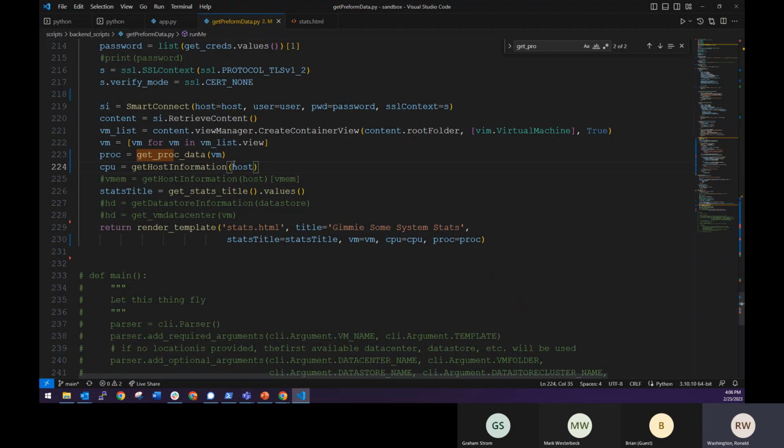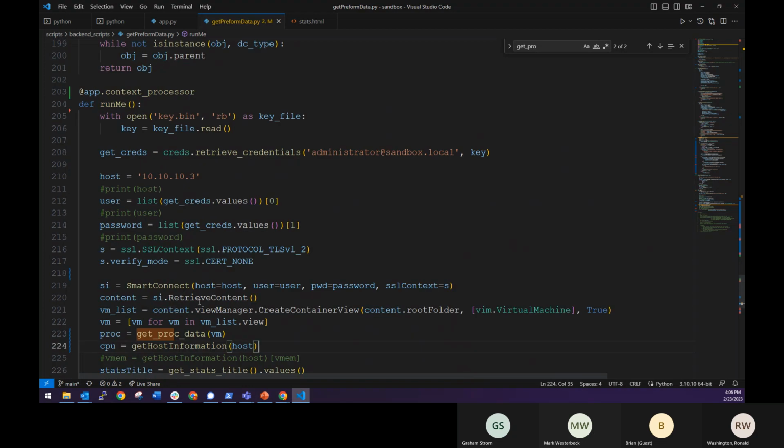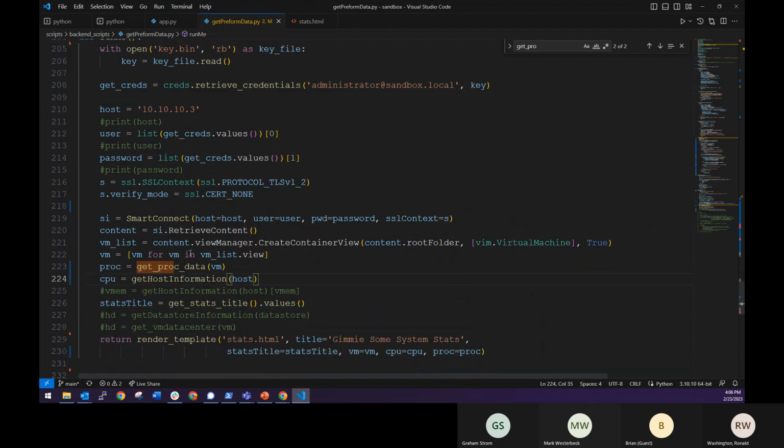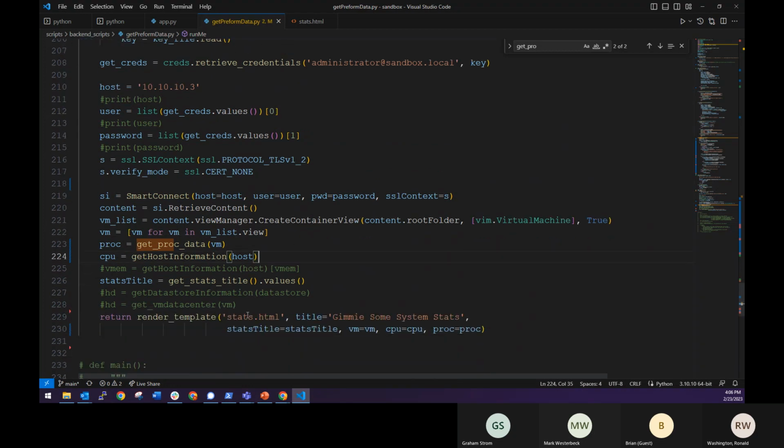Well, still trying to figure out why I get host information. Is it passing? What's going on with Get Host? Sorry, I was only halfway paying attention there. Oh, my bad. For get host, it's not getting the. Let me just show you